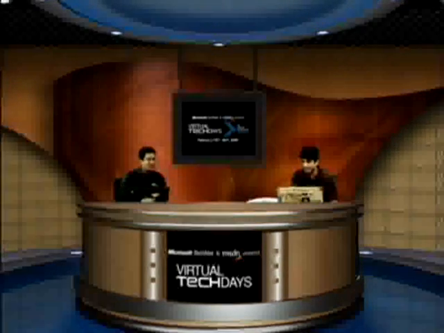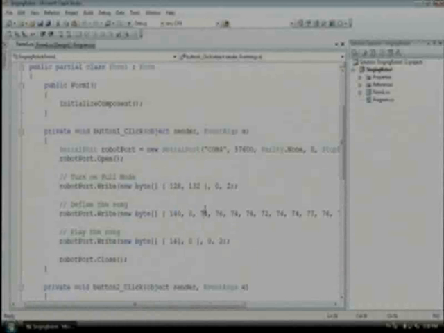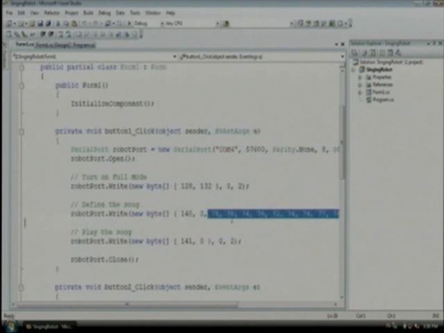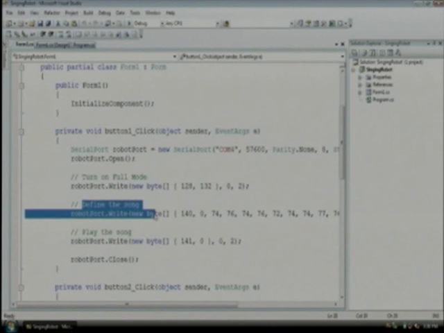Exactly. So this is the byte array. This is the byte array for which song? Kajrare? Yeah, Kajrare. It's an Arabic version of Kajrare. You still didn't do Bollywood, did you? Okay. All right. This code defines a song, and then this plays the song. So let's go ahead and run.